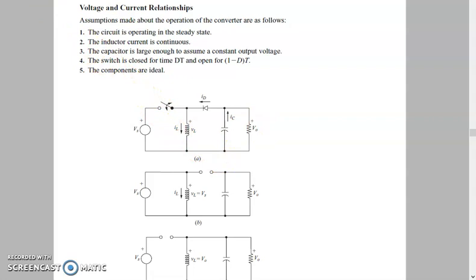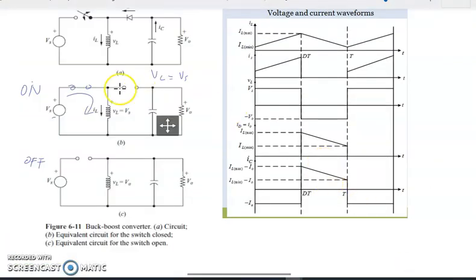Okay, next we go to the topology and the output waveforms from the topology, to analyze the pattern and the output from the circuit. If we take a look from the inductor point of view, the output point of view, and the capacitor point of view, we have the voltage and current waveforms here. From the inductor point of view, in terms of their current,